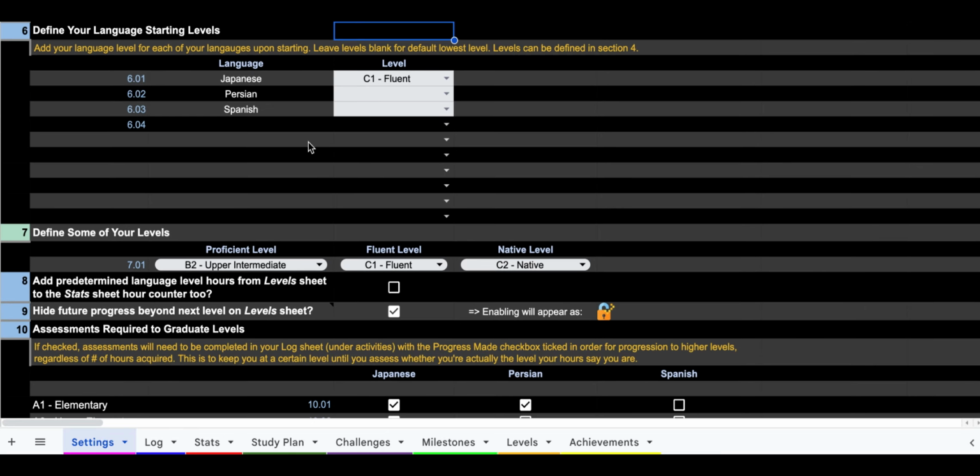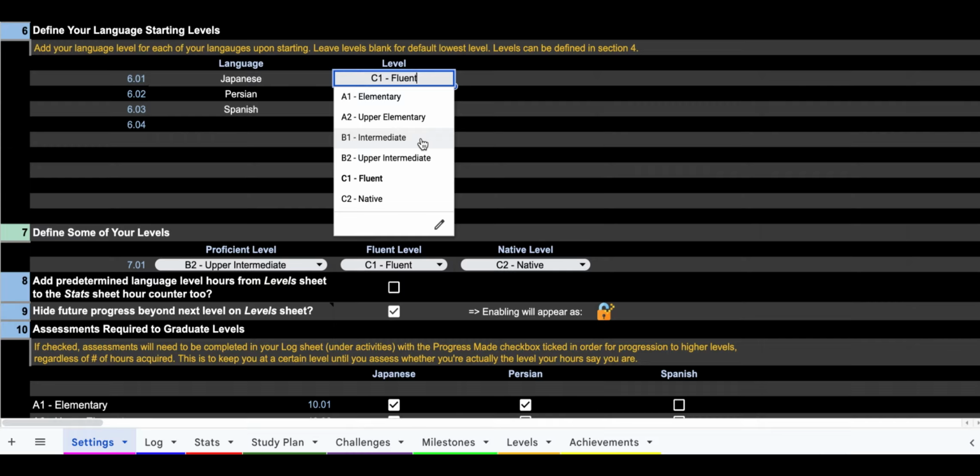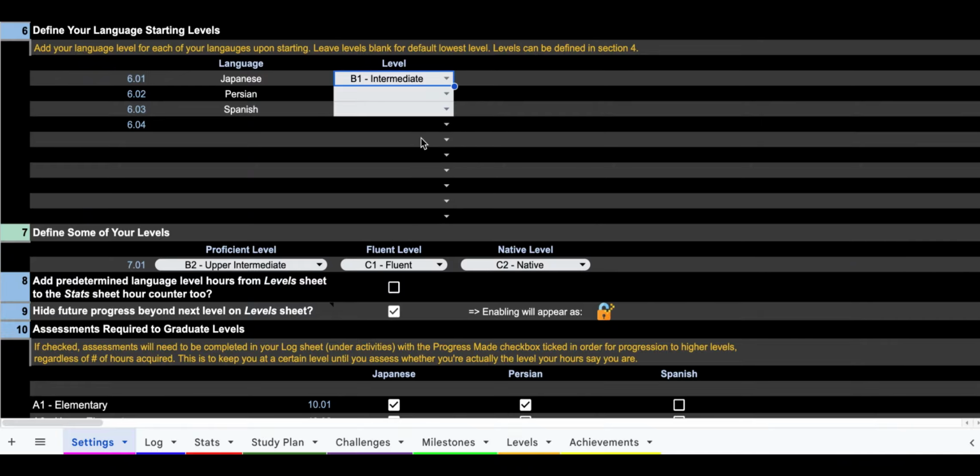Next one is defining your language starting levels. This is also optional. If you begin using this logger when you've already been studying for a certain amount of time, for example, if you're already fluent in Japanese, or maybe you're at a B1 level or whatever, this drop down will dynamically change according to the levels that you picked in the previous steps. If you're already a B1 in Japanese, you can select it, and what it'll do is, there's a typo here,